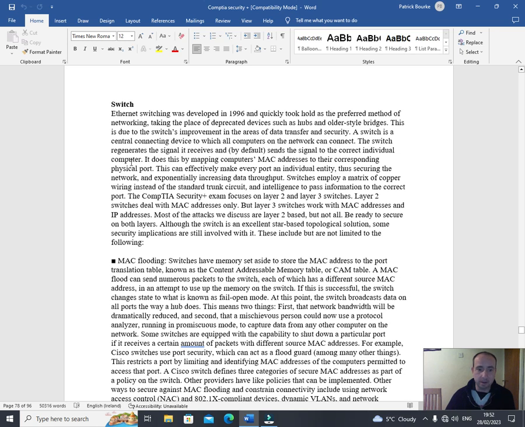The switch regenerates the signal it receives and, by default, sends the signal to the correct individual computer. It does this by mapping computers' MAC addresses to their corresponding physical port. This can effectively make every port an individual entity, thus securing the network and exponentially increasing data throughput. Switches employ a matrix of copper wiring instead of the standard trunk circuit and intelligence to pass information to the